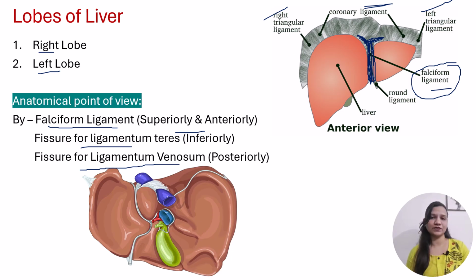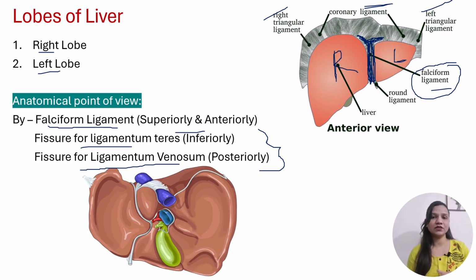So by this falciform ligament, anteriorly the liver is divided into two lobes, the left lobe and the right lobe. And the remaining two ligaments, ligamentum teres and ligamentum venosum, are the false ligaments of